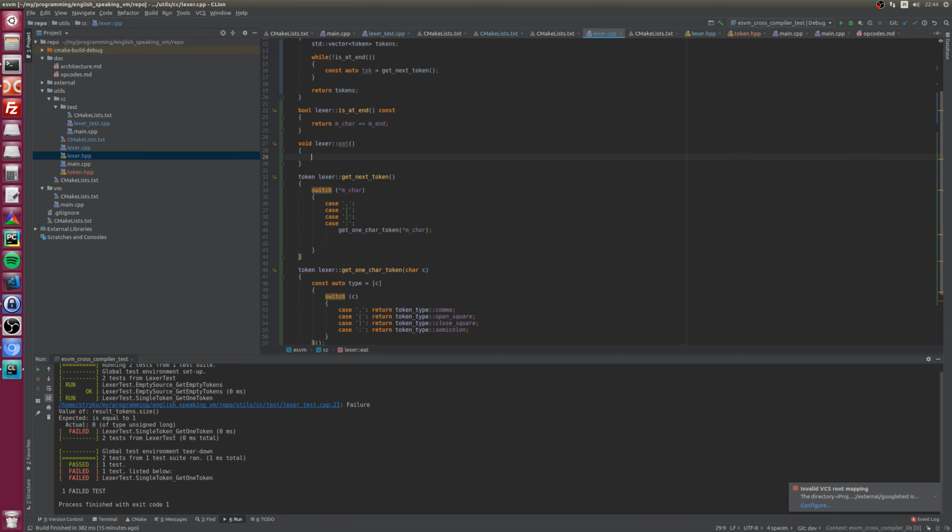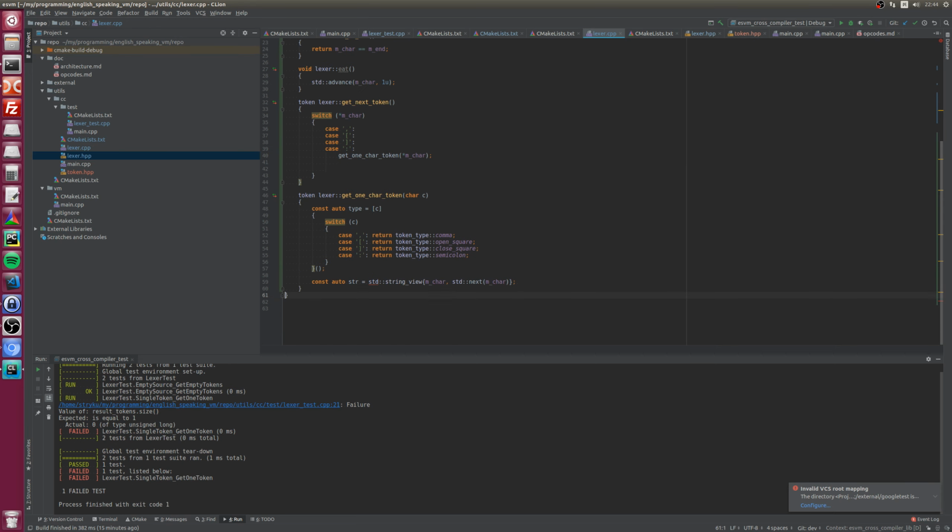And instead of just incrementing, let's advance that by 1. Oh, okay. Yeah, whatever. So std string view, why you don't want this? Yeah, okay, so 1. There is no constructor of string view from the iterator.